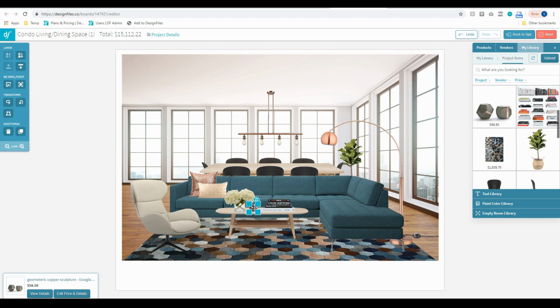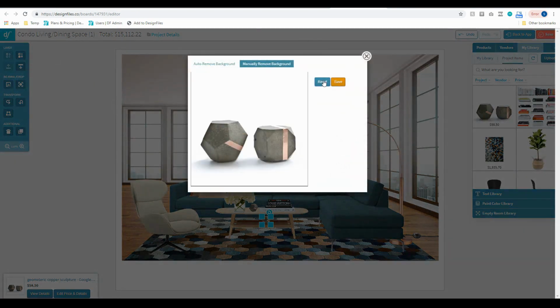Okay, and then what I'm gonna do, now that I have this one in place, I'm going to duplicate that, back to the background removal tool. I'm gonna hit reset, and now I'm gonna grab this one. So now I can just kind of quickly trace around this item right here and add this one to my